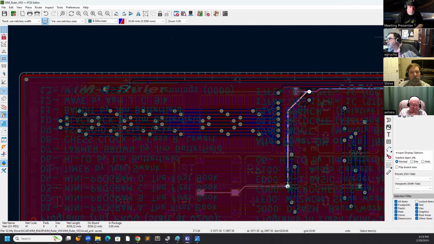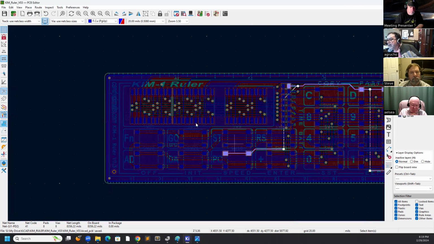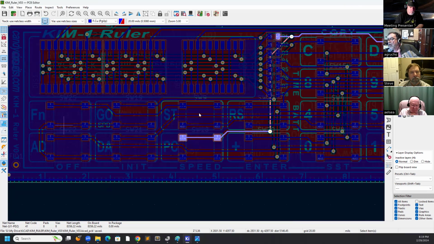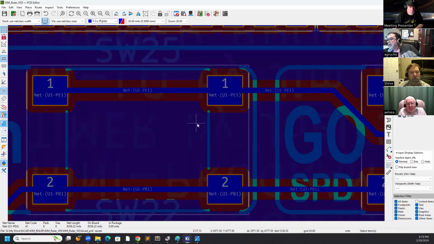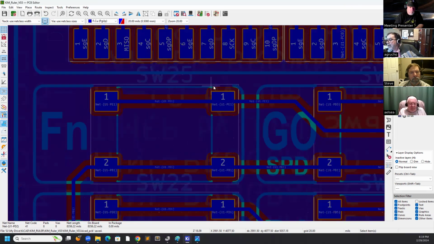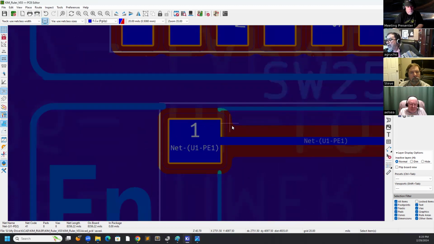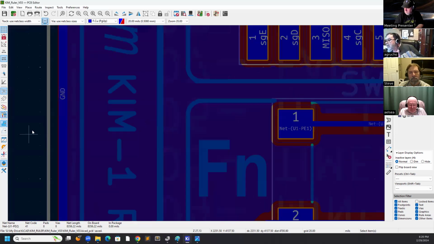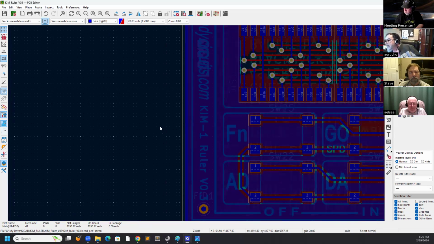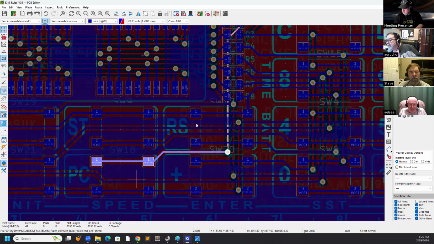Let me show you this layer. You see how the copper goes around everything, but there is a rule where you can establish the minimum distance between your plane and your lines. See?